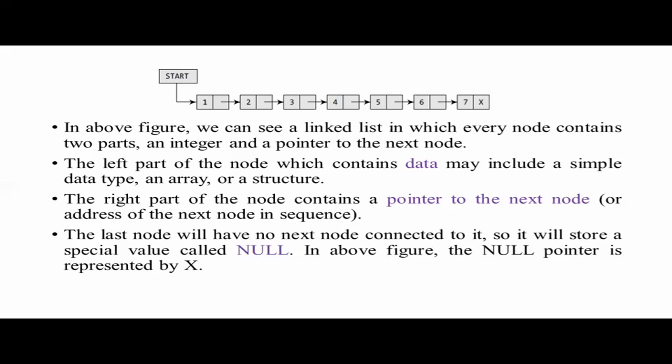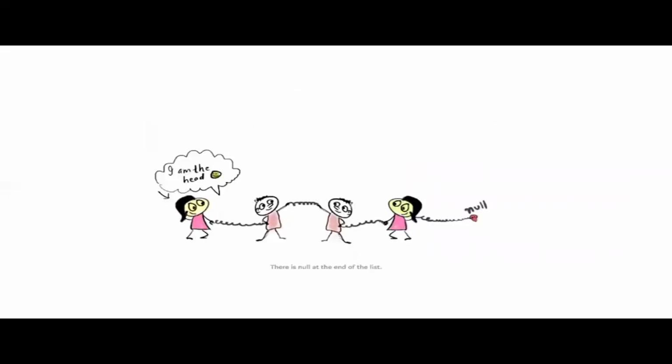And always we use a special pointer called start. This start stores the address of the first node in a linked list. See, this is an example of a linked list. This linked list contains 4 elements. The starting of the linked list is pointed to by start and the end node's next field is set to null.